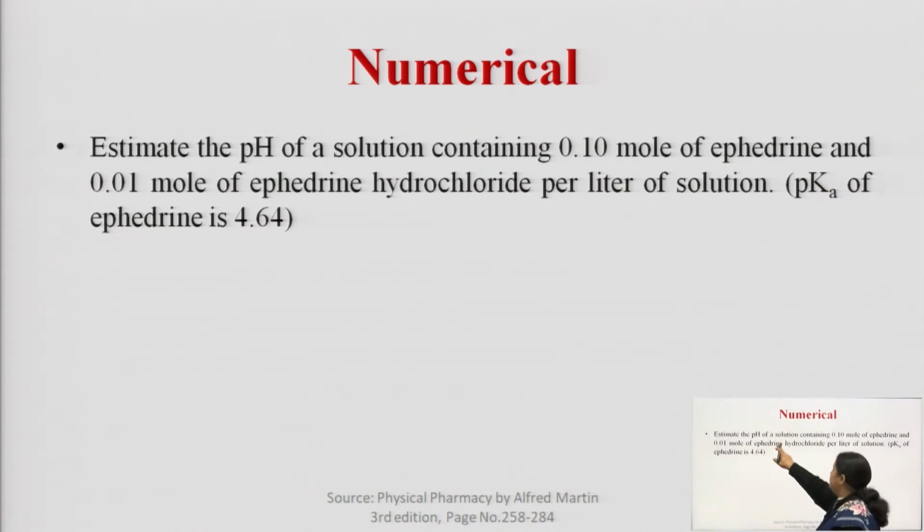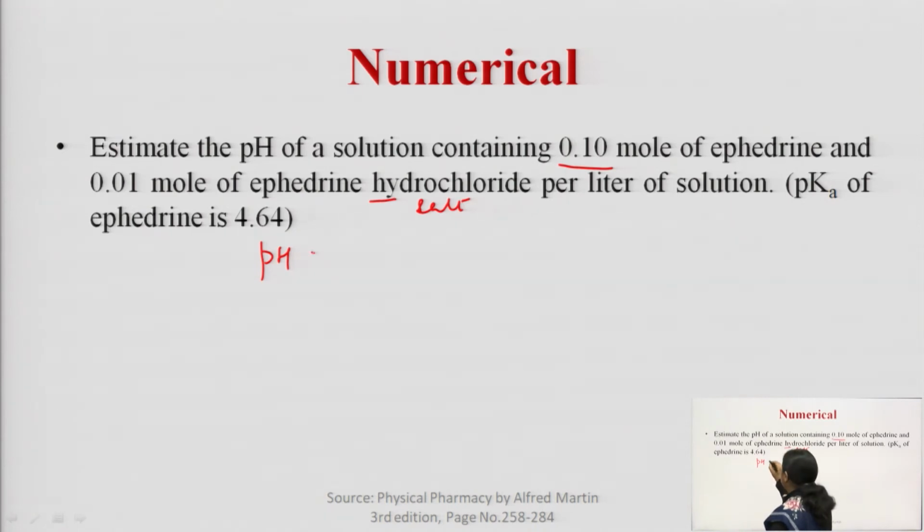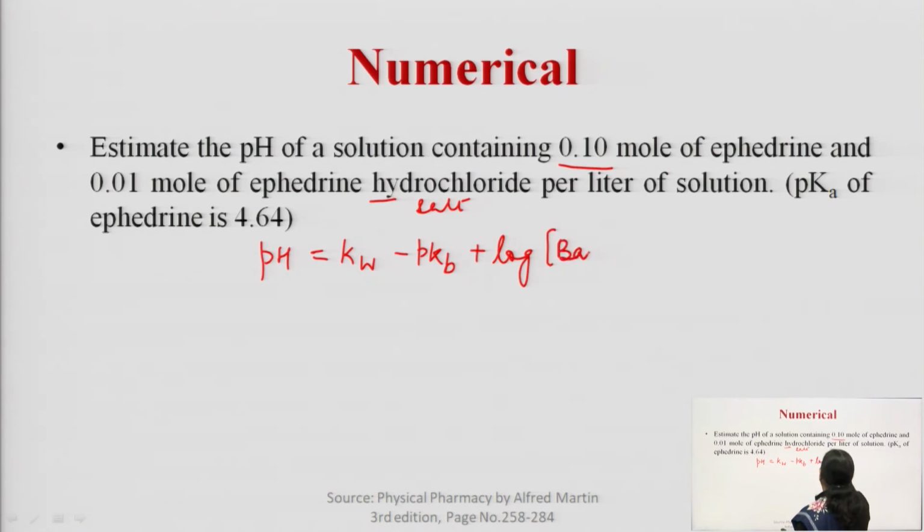So, we have to estimate the pH of a solution containing 0.10 mole of ephedrine and 0.01 mole of ephedrine hydrochloride. So, this is the salt here in the solution, pKb of ephedrine is 4.64, right. So, we have this equation for a basic buffer, pH is equal to pKw minus pKb plus log base upon salt,